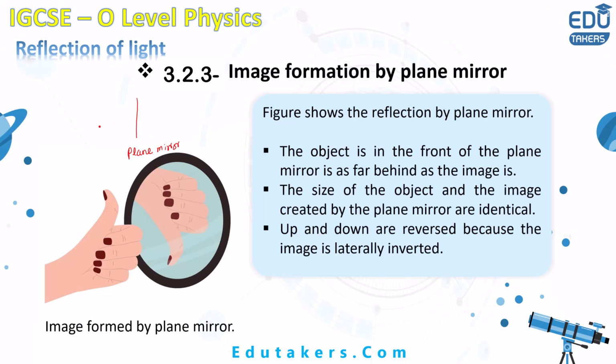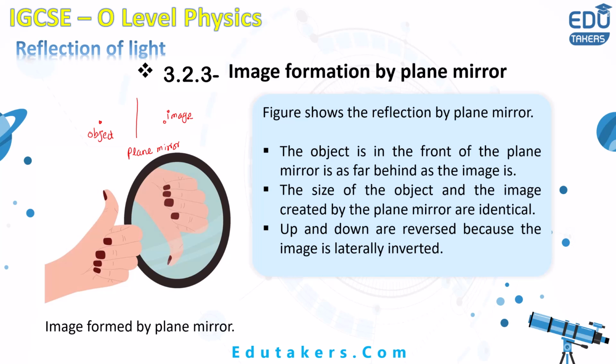If I suppose that the object is placed on the left side, then its image is produced on the right side. The image and object, both of these are on the opposite side of the plane mirror. So how is the image formed by the plane mirror? You just need to place the object in front of the plane mirror and its image is formed by this plane mirror on the opposite side of the object.